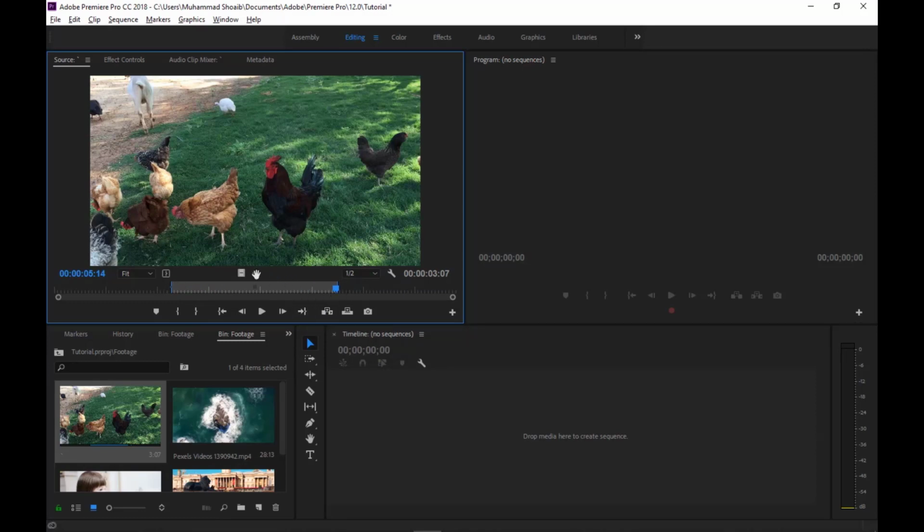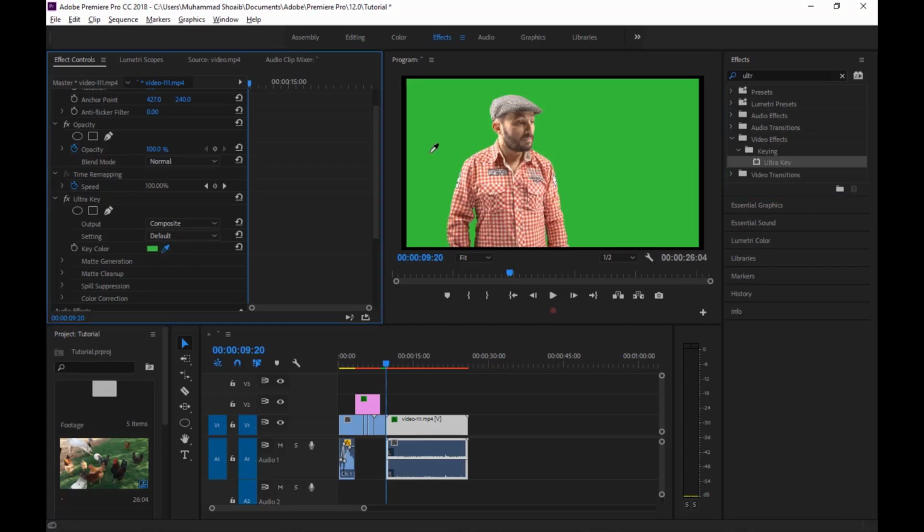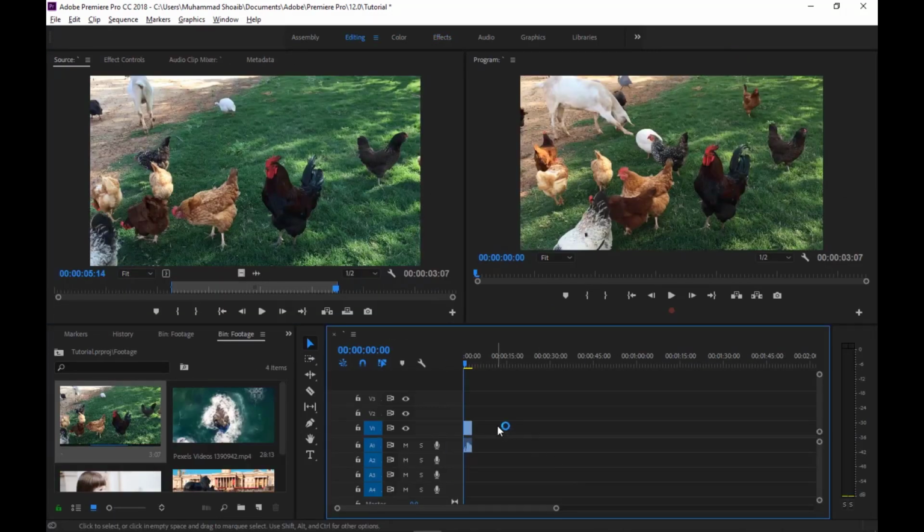We can either bring the whole video, or we can just bring the video or audio only. If you click over here, then it will drag the video only, and if you click over here, then it will drag the audio only. Now we will just bring both, so we will just click over here and move it to our timeline. So now we have this imported in our timeline.